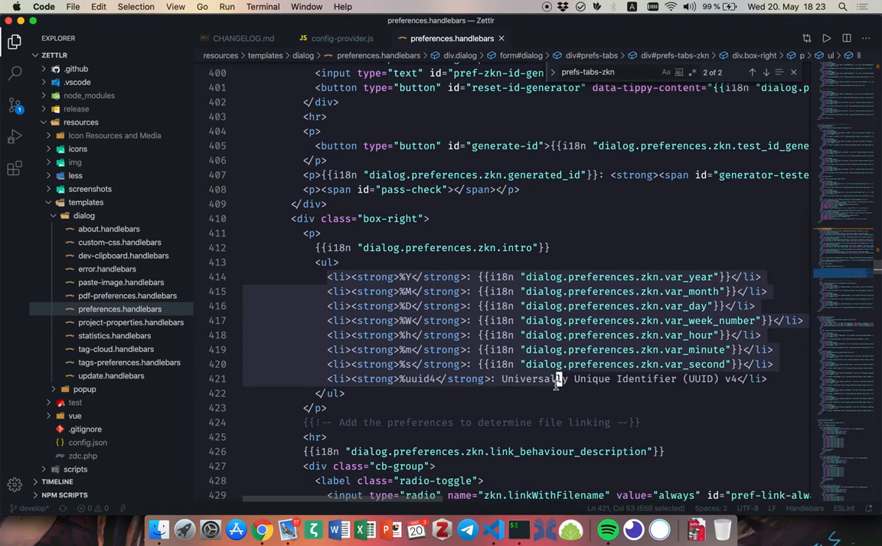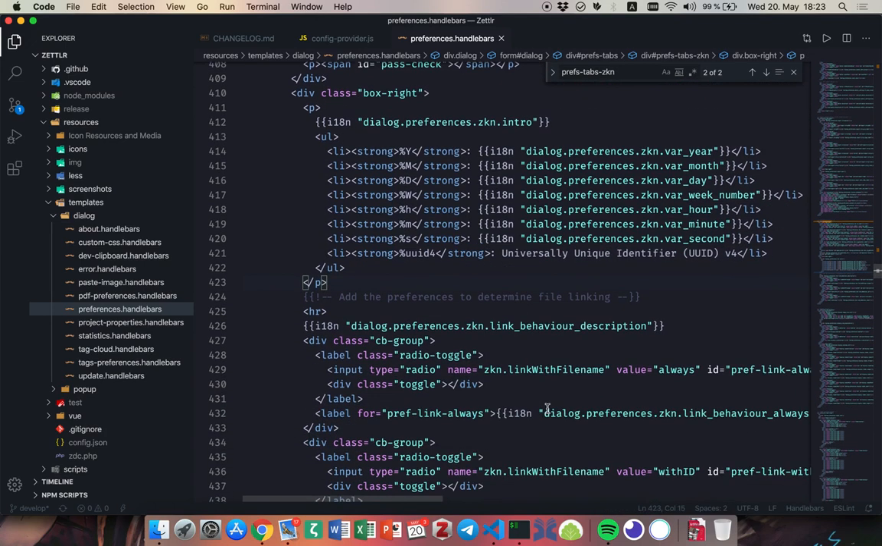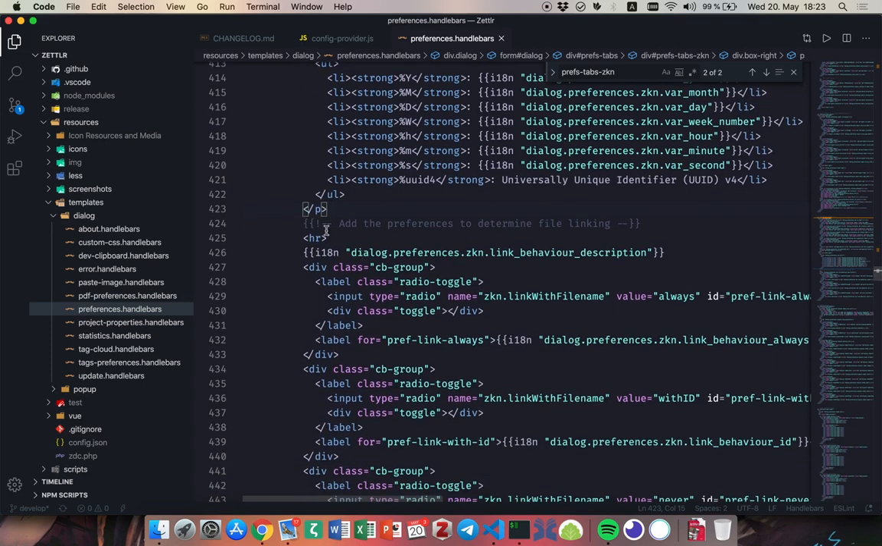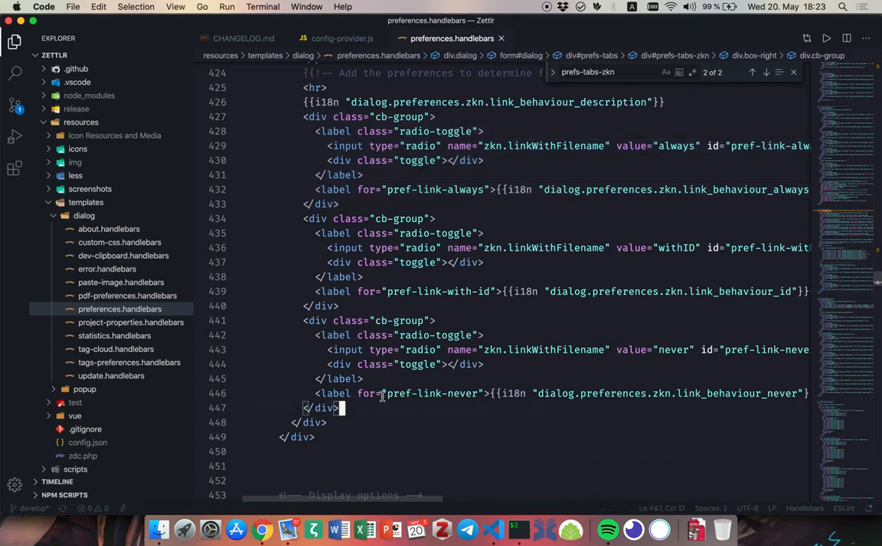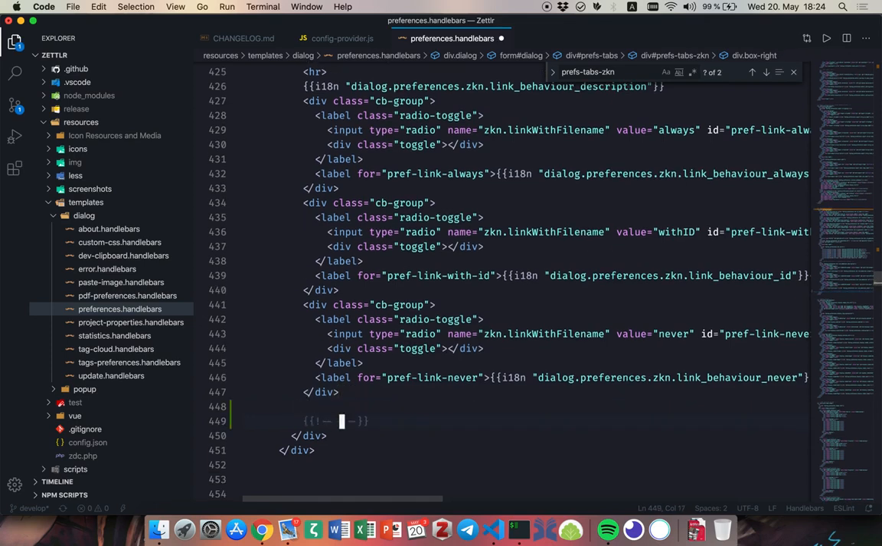And here you can see this whole variable stuff. And yes, here I was too lazy to translate this because it's basically a fixed name, so it does not need translation, in my opinion. So here we have the HR link behavior description. So here we are. We have this checkbox group, which is one radio button, and we have 3 of them, and we want to stuff in the other thing after here. So